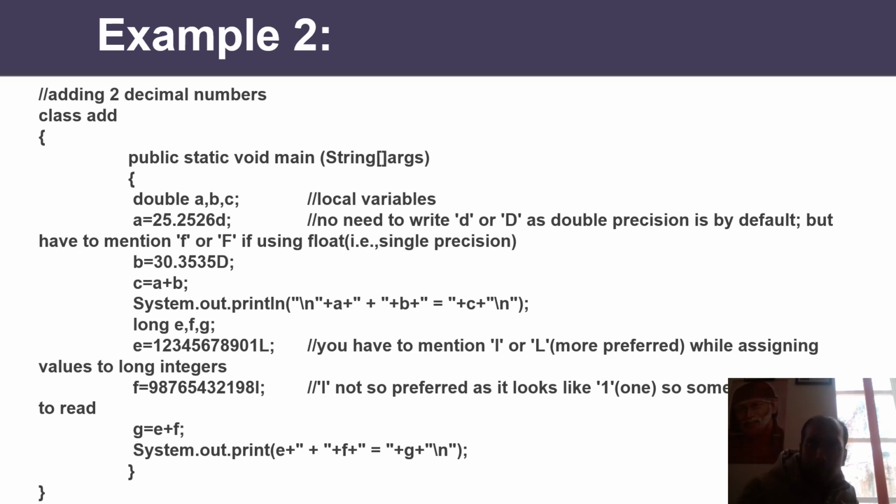Let's see the second example. Forget about this example, you will get to understand. But what I'm saying is that if you take float variables in Java, like float a equals 10.24, b equals 10.24, float c equals a plus b, and you print the value of c, again Java is going to produce an error. Don't think about type safety here.